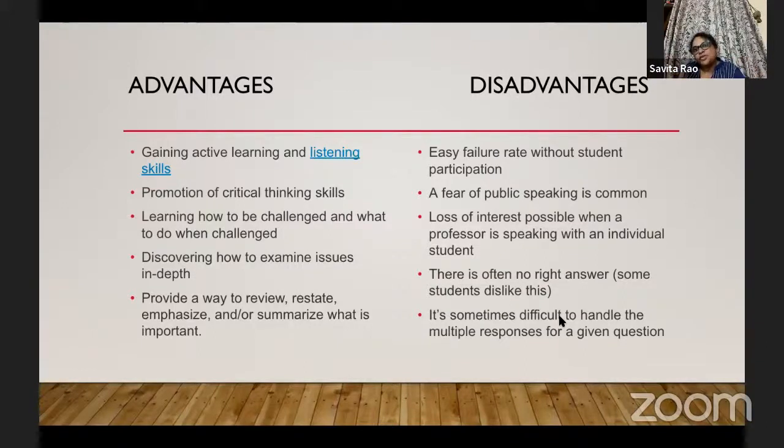So that actually helps you to do some kind of deep thinking, get more intensive about whatever you wish to talk about. Normally it also helps you to review, restate, emphasize, or even summarize what is important. Very often when we have a problem, we find it helpful to talk to others, not because the other person will give us a solution, but because when we are talking to others, the other person puts a couple of questions, and when we try to answer those questions, a lot of things fall in place, and there's a lot of clarity to the way